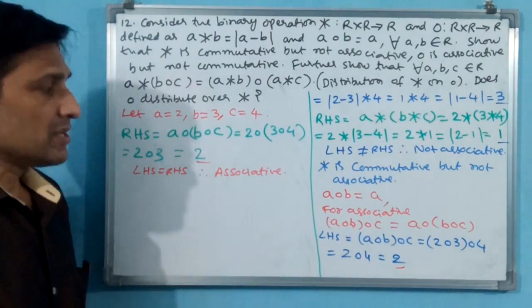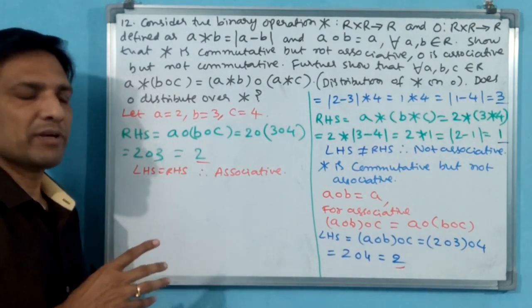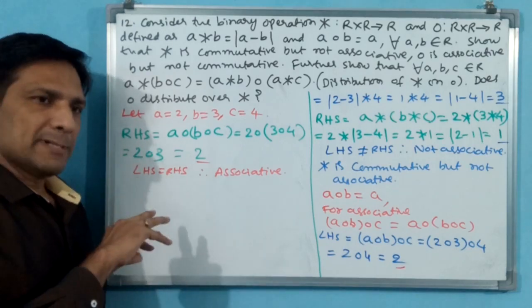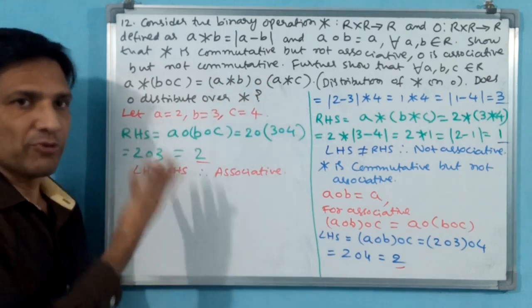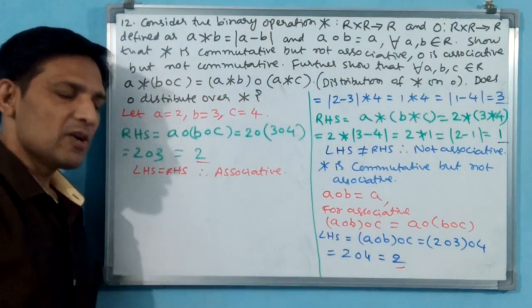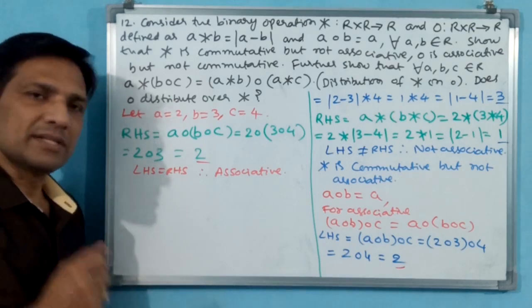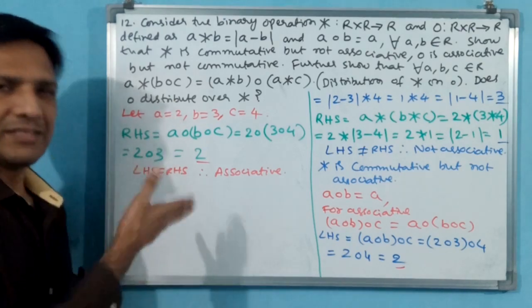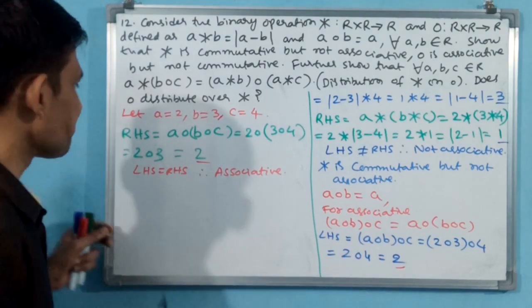That means the O operation is associative. This is the first time we are seeing a peculiar function. The function is not commutative but associative, is what it is asking, but commutative we have not yet seen. Until now we have seen that if any function is not commutative, then it is not going to be associative. This is a peculiar function. Okay, you write now for commutative.